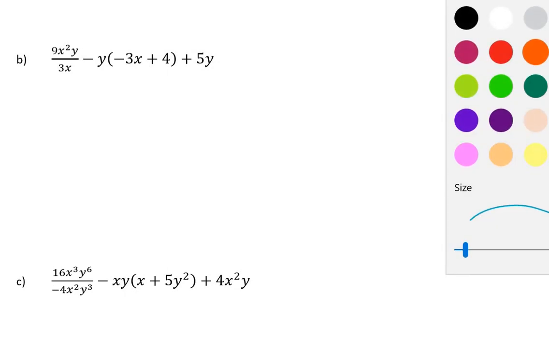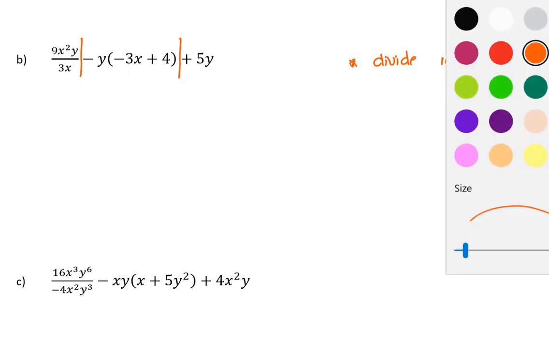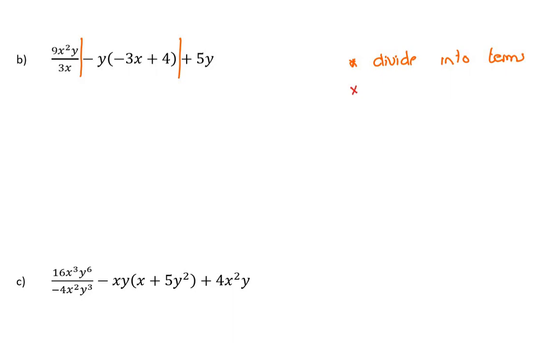Next one, first step always, divide into terms. So we've been saying this for a while now, so hopefully it becomes second nature to you. There are 3 terms in this question, so now all I need to do is simplify each term. So I just need to go from left to right, and each term, whatever needs to be simplified, I need to do that. So in my first question, note this is one term over one term, so I can